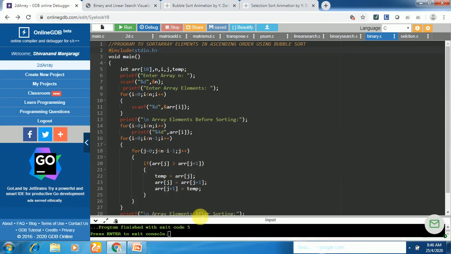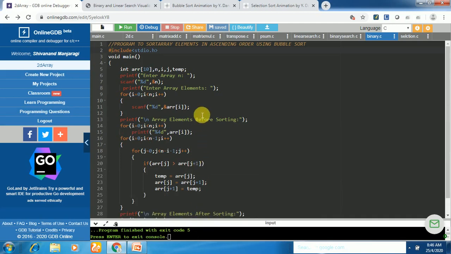To test a program line by line, we can go for debug. You try it yourself. Let us go to onlinegdb.com and type this program. I have already explained how to debug. Go with the line by line execution and try to understand the flow of the program and also the logic.